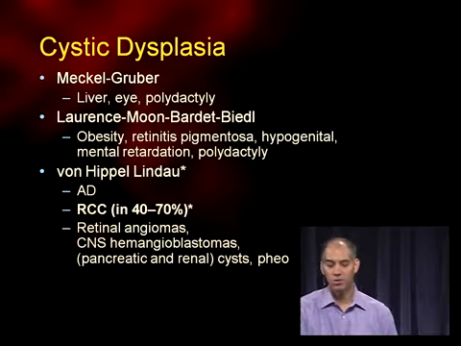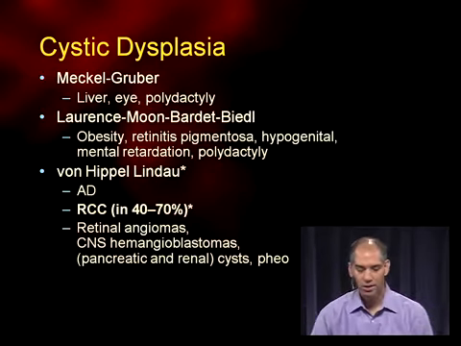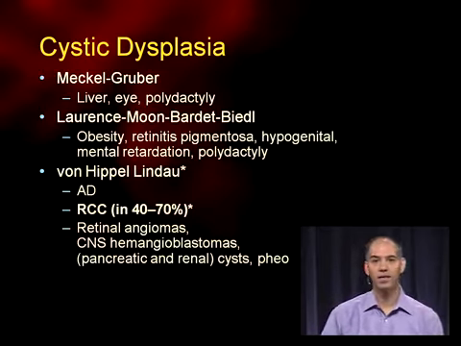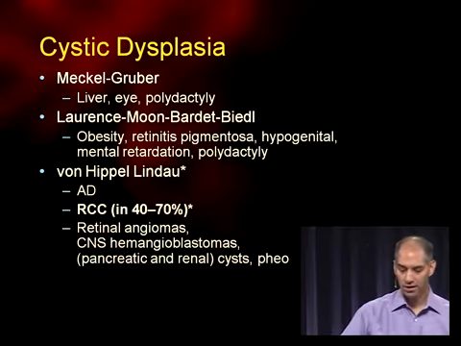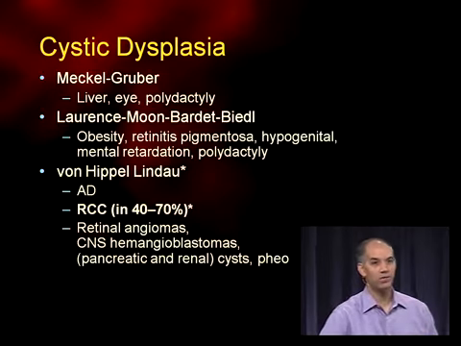The Lawrence-Moon-Bardet-Biedl syndrome, which is often just called the Bardet-Biedl syndrome. The kids are obese. They have retinitis pigmentosa, small genitalia, mental deficiencies, and polydactyly. And then finally, von Hippel-Lindau, which is another one of these conditions that presents with an increased risk of renal